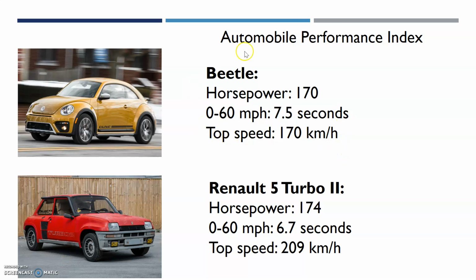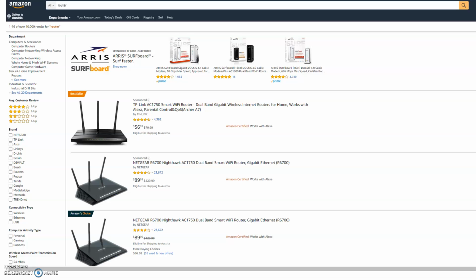So after checking out this performance index, would you change your mind? Would you still make the decision purely based on their appearance? I guess some of you probably still prefer Beetle because it looks cute, it looks nice. But some of you may have changed your mind and prefer this Turbo 2 because Turbo 2 has much better performance compared with Beetle, assuming that they have the same price. You would prefer a car with better performance. Let me give you another scenario.